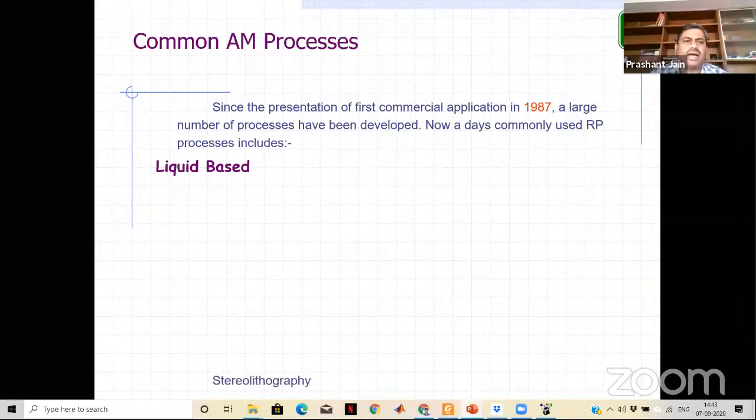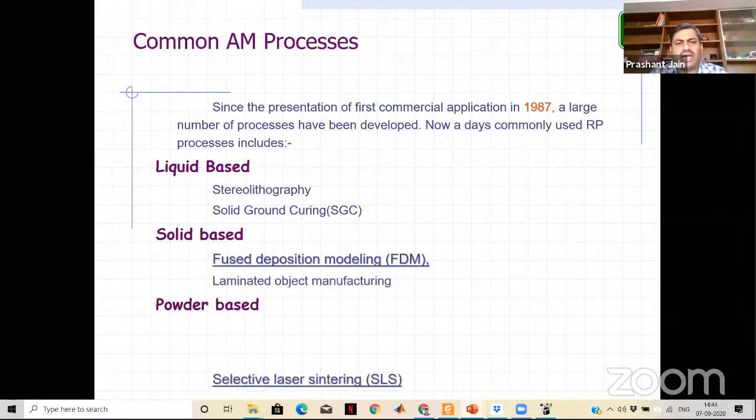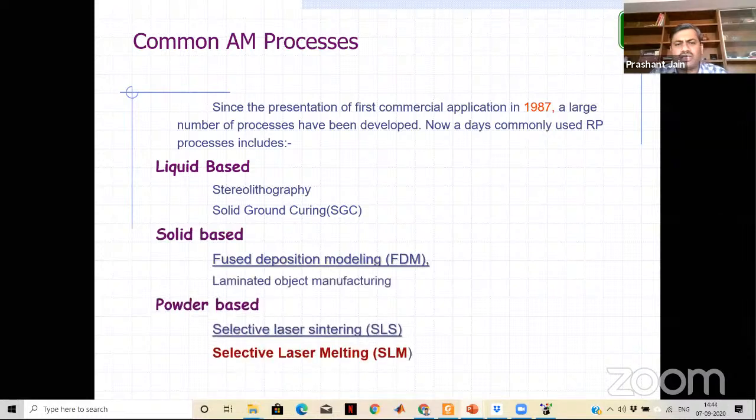Then we have solid ground curing. Then we have the solid-based fused deposition modeling process, and the laminated object manufacturing process. Then we have the powder-based selective sintering process and selective laser melting processes, right?